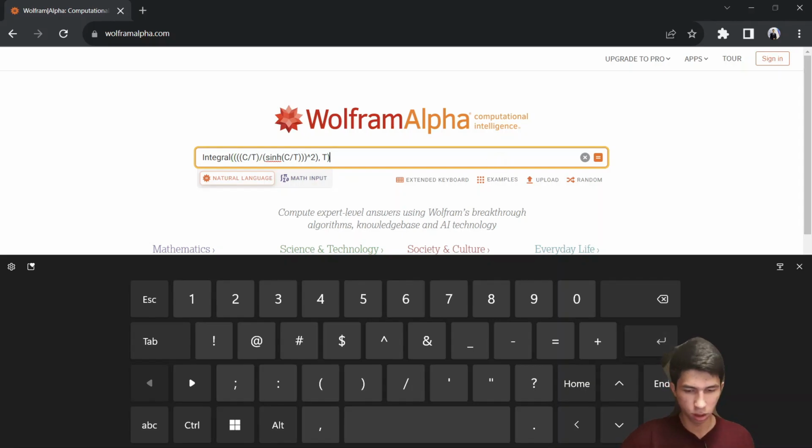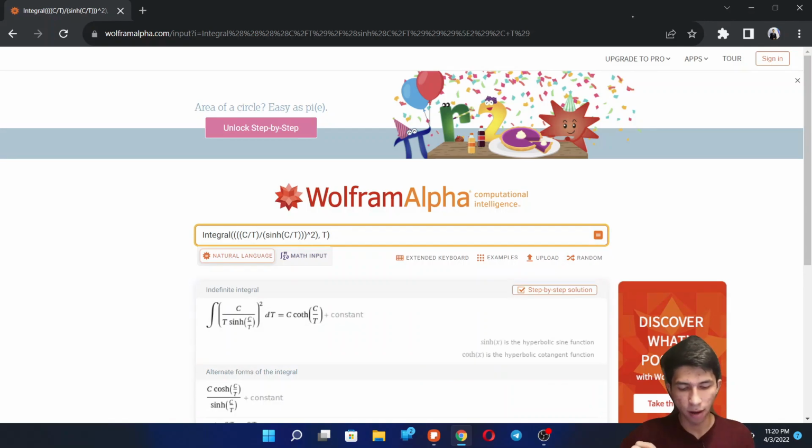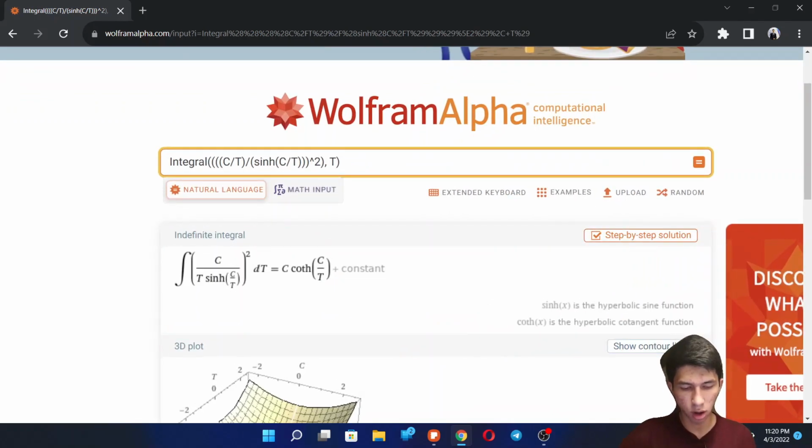So if we calculate that, here we have our answer. It's going to be c over hyperbolic cotangent